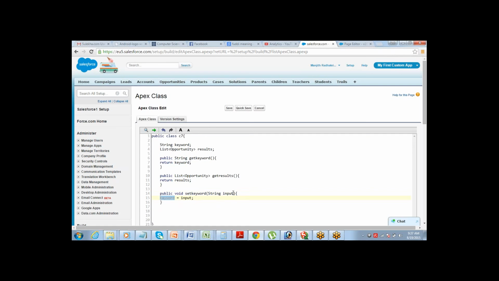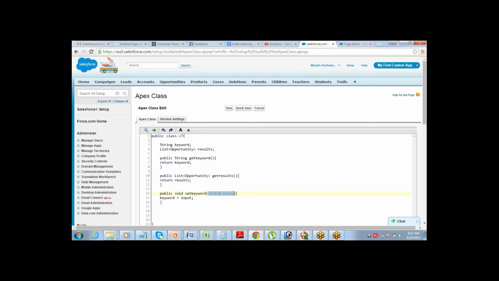My variable is keyword. Can you please explain again how this will work, set keyword and string input? For the set keyword function, we are defining this as a parameter.